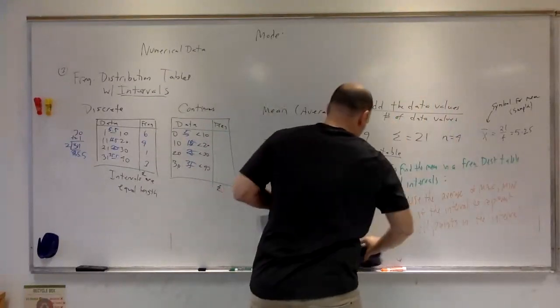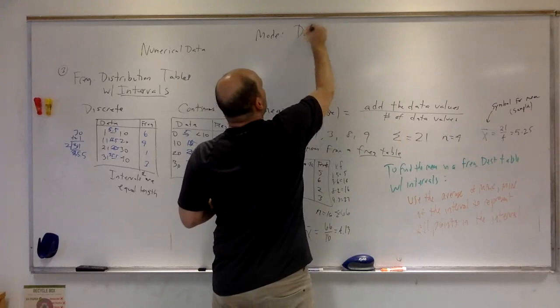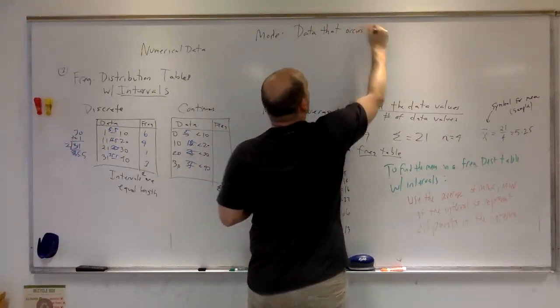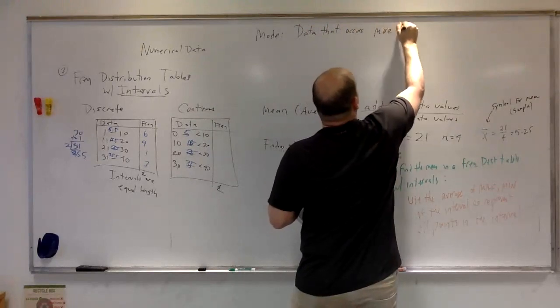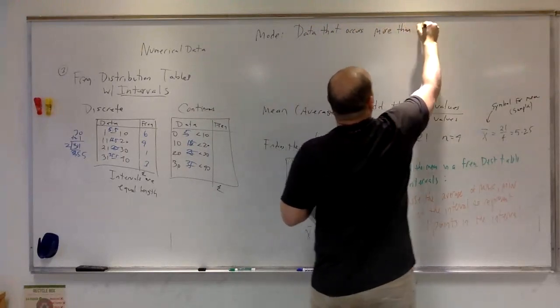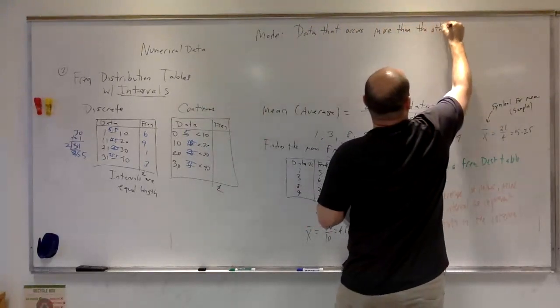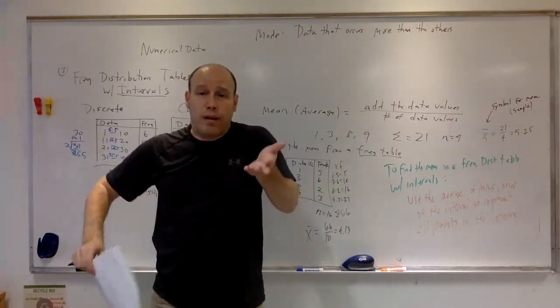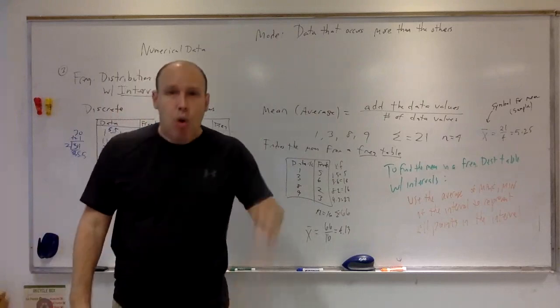Sorry, guys, and sorry, folks. It's data that occurs more than the others. So if there's 4 pieces, let's say there's data like